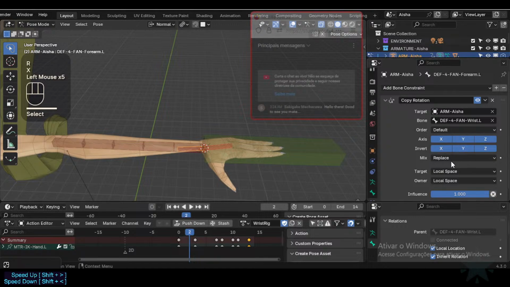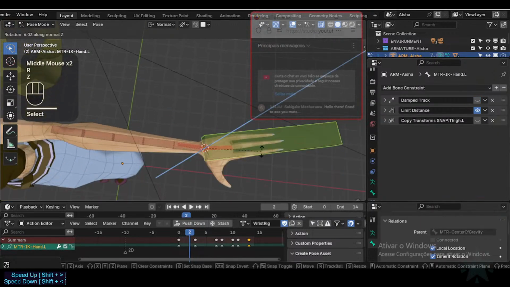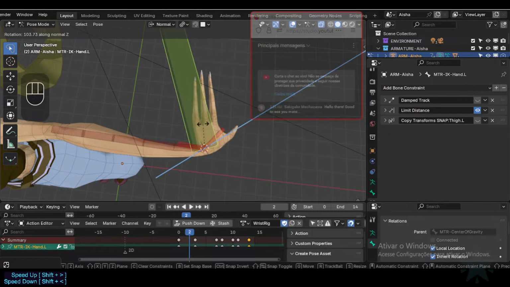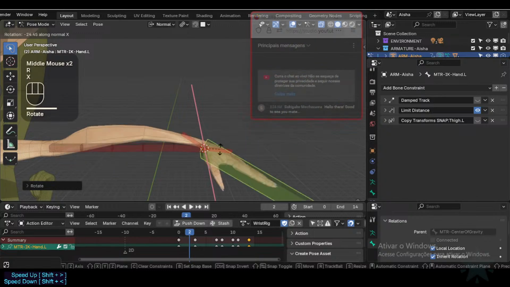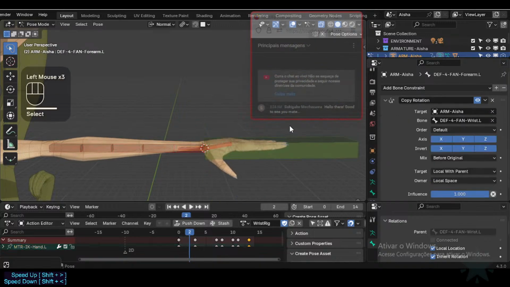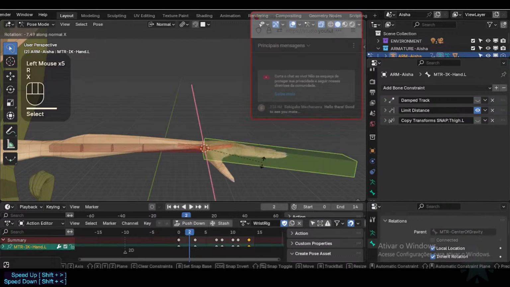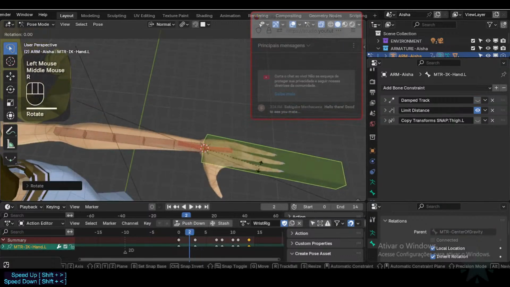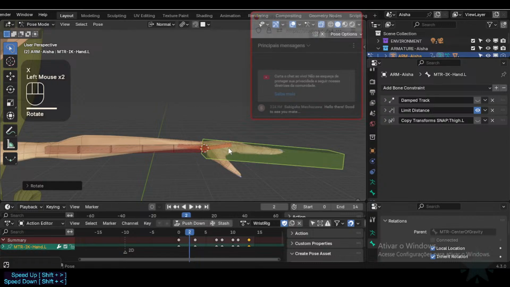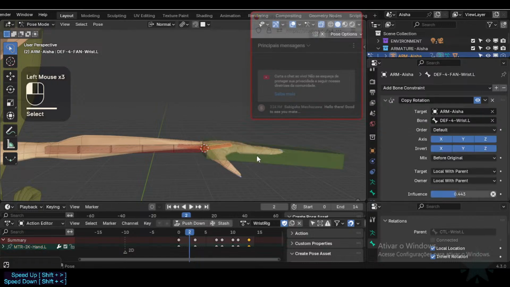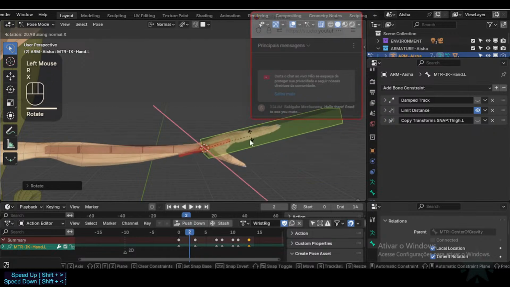maybe it's the local with parent thing. Yeah, so target local with parent, let's try. Now it's barely moving, so this is strange. But here, yeah, and now it moves a lot there. Alright, so I think I'll never figure this out. Or now it's sort of inverted the motion. Apparently this bone is taking inputs from different stuff, and that is why